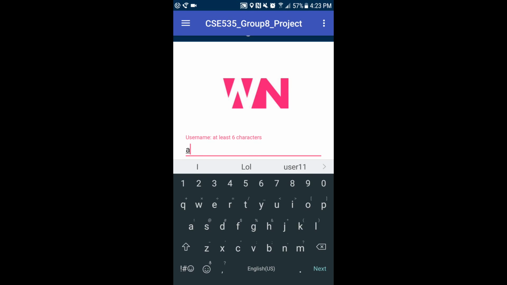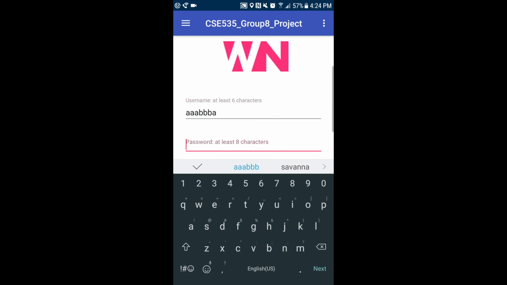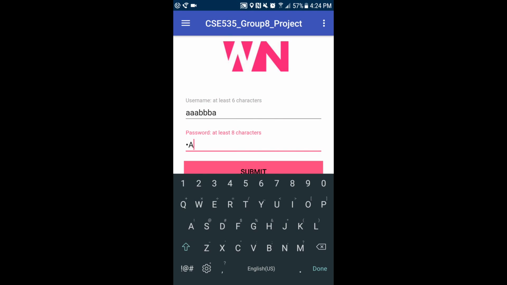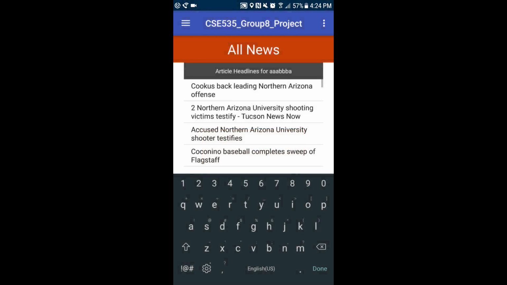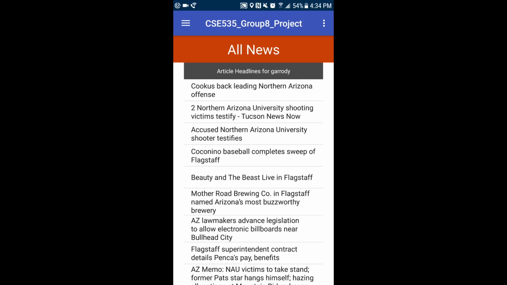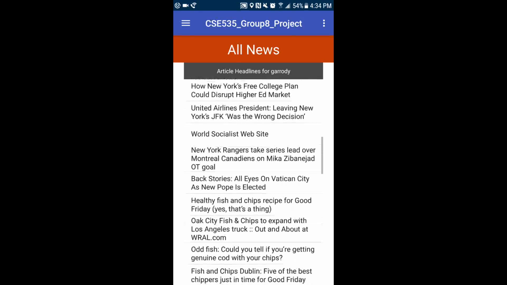You must enter a correct username and password in order to be authenticated into the system. As you can see, an incorrect password will not be accepted. Once you enter the correct username and password, you'll be authenticated into the system, which is task 7. Once the user is logged in, they are redirected to the All News page, where they can see a list